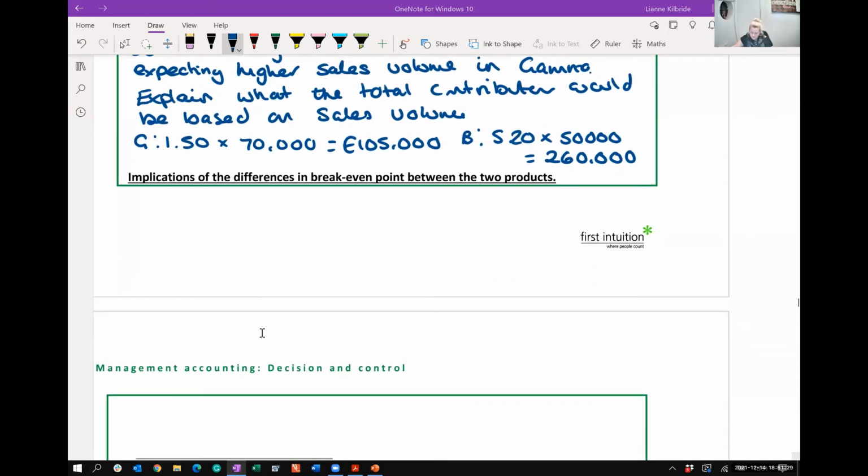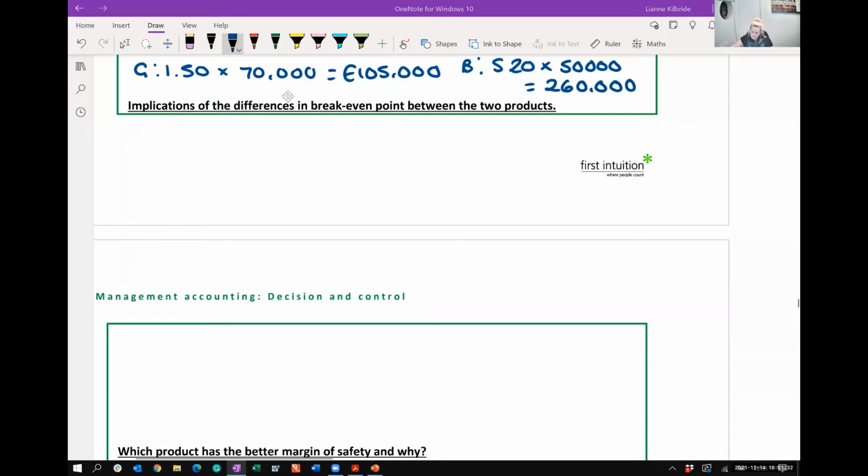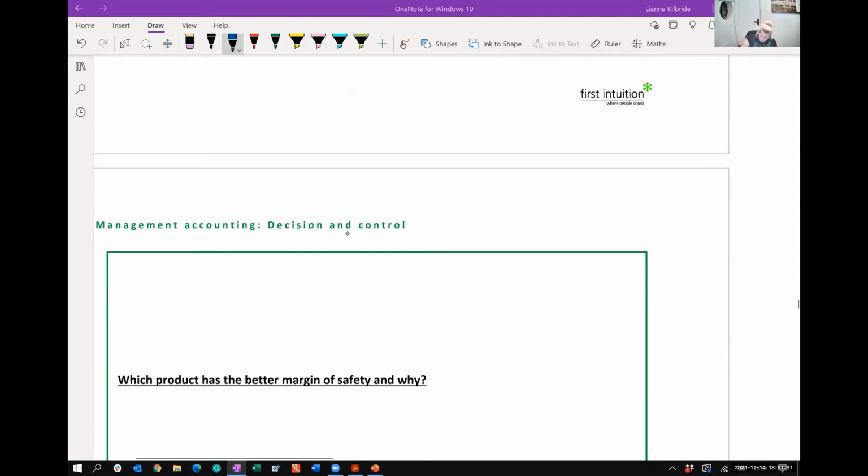The next part then would be implications of the difference in breaking even points between the two products. Okay, so if we have a quick look at the fixed cost, first of all, between the two. So just making some notes at the side here. So we've got gamma. Gamma has a fixed cost of 93,000, which is a lot lower. So these are the things that you need to explain, which is a lot lower than beta. You're just stating what you can actually see in the results, which is lower than beta, which has a fixed cost of